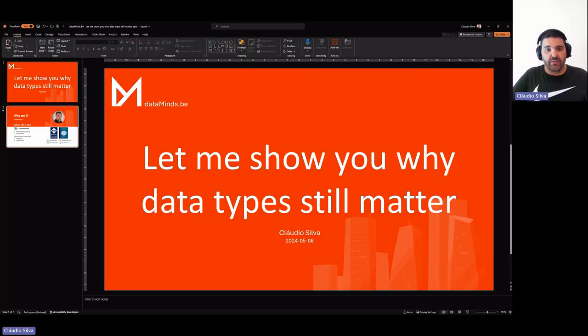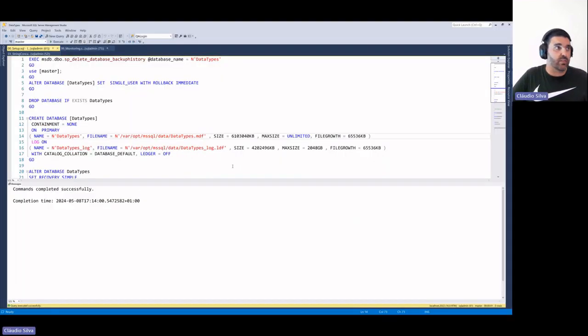So enough of slides. We want to see demos. Let's see what we have for today. Data types is something that people often overlook, and until we get to a bigger database size, more records on specific tables and so on, it seems that it's not a problem. Nothing happens, nothing is broken, so we can just select whatever data types we want.